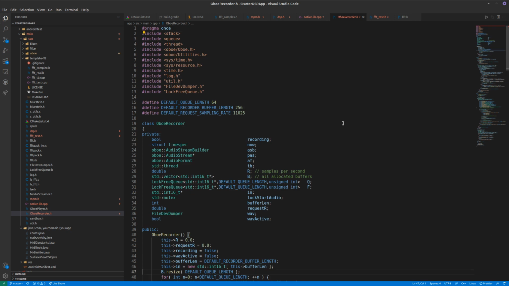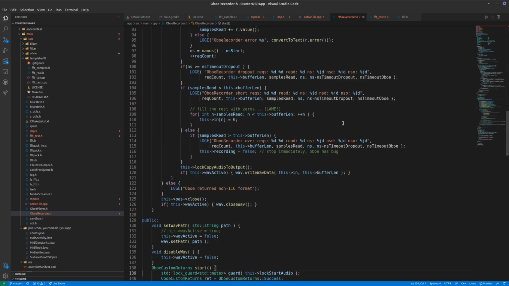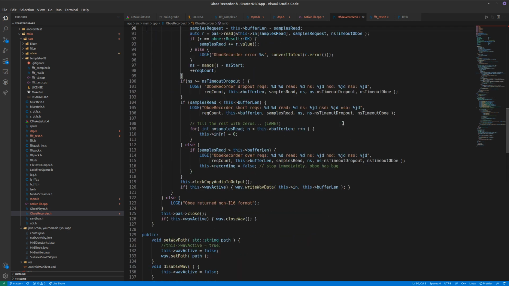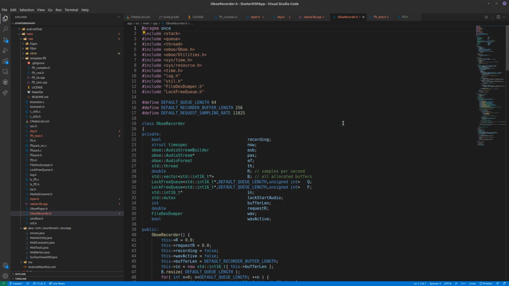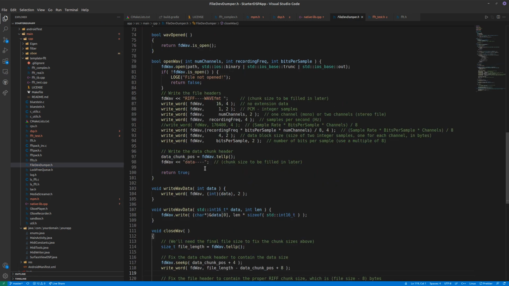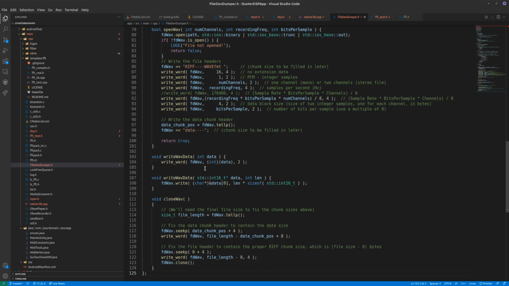So I can write code like this here, that's a recorder, and then passes on its audio somewhere else without locking. This utilizes an atomic lock, and the file dev dumper actually dumps the CSVs I mentioned earlier, debugging information, the actual WAV file data, and so